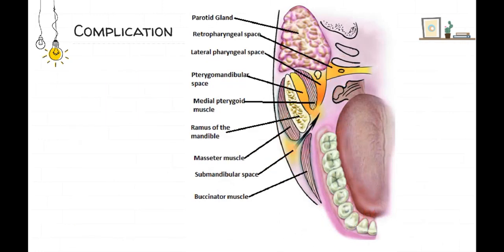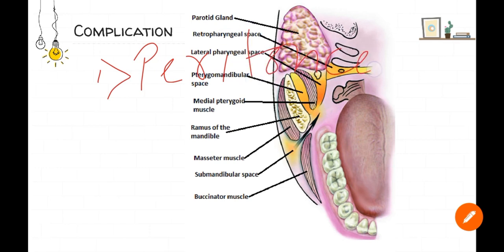In case of more widespread infection, you can expect tissue space infection. From mandibular third molar pericoronitis, masseteric space, pterygomandibular space, buccal space, sublingual space, retropharyngeal space can get infected. So if I ask what are the sequelae of pericoronitis, in case of severe condition, you can expect peritonsillar abscess. Next, number 2, cellulitis,